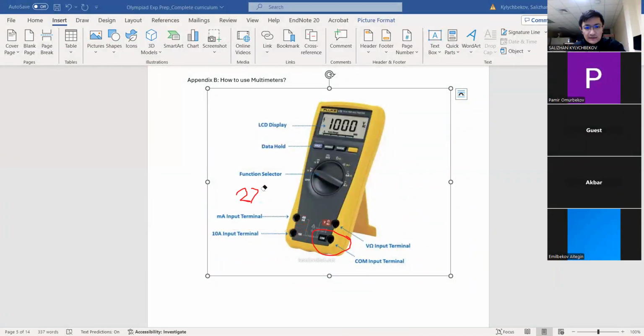If you want to measure resistance or voltage, then the second one should go to here. So the one stable one is COM, which always goes to here, and the second one depends on what you want to measure. And besides that, there is another thing you have to know: